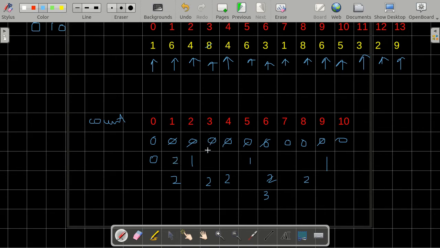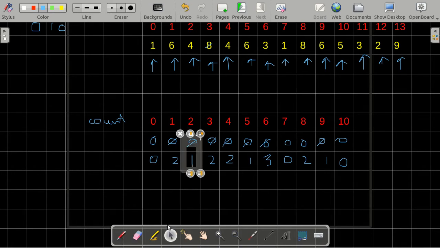We had 1 2, so 1 is already over here. We had 2 3s, 2 4s, 1 5, 3 6s, 0 7s, 2 8s, 1 9, and 0 10s. So this is the final count array. This is how it will look.